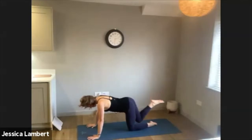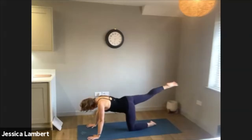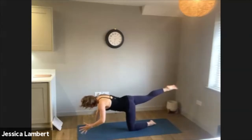And you might notice that one side moves freer, moves easier than the other side, because you've not got all the other joints contributing to the range of movements, that you can really see actually just what the hip's doing on its own. Take one more. And then hold that right leg out, extend the lower leg, pull your waist in, take your left arm forwards,